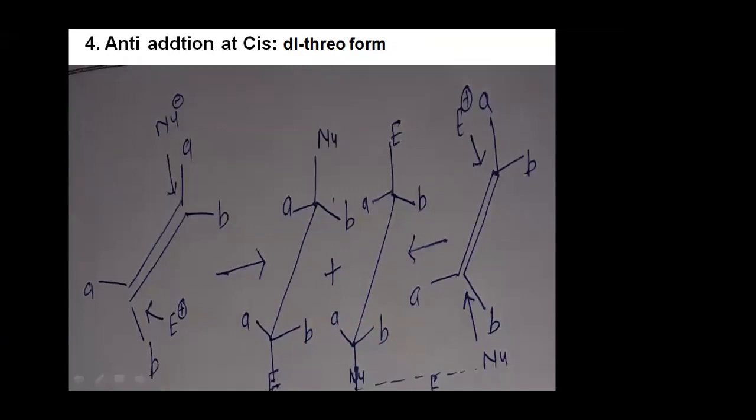Now the point is, because anti-addition is happening, it means your product is not eclipse type, your product is actually staggered type. You can see Nu above the plane, E below the plane, E above the plane, Nu below the plane. So this is a very important point. Now same point, now we need to convert